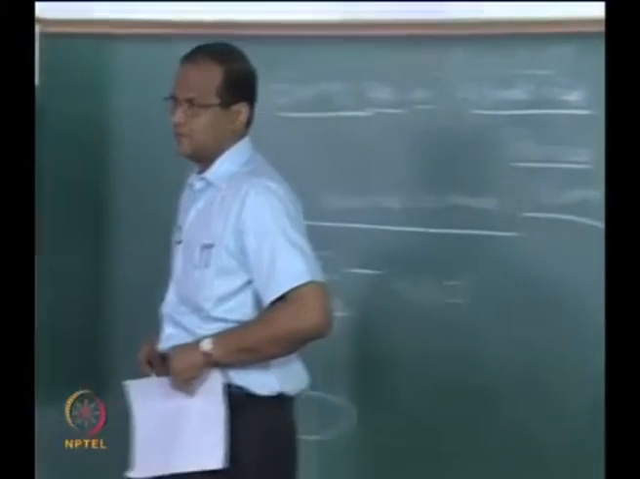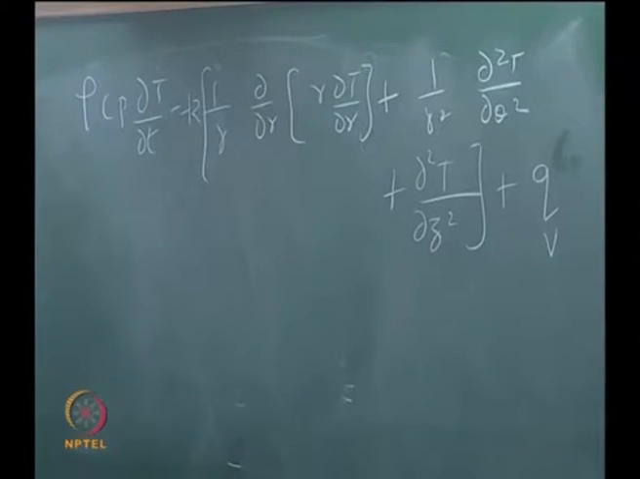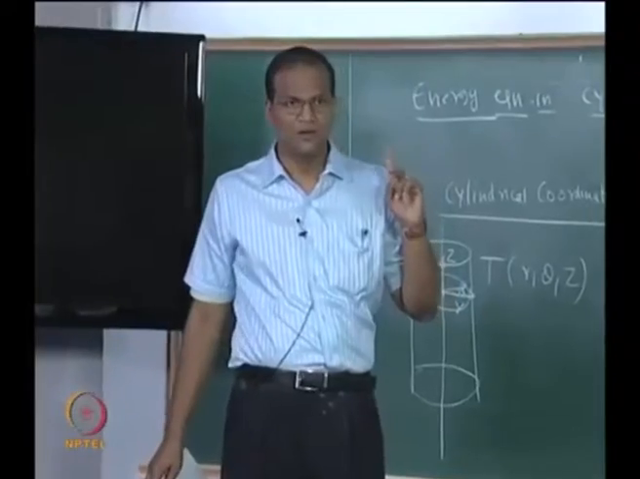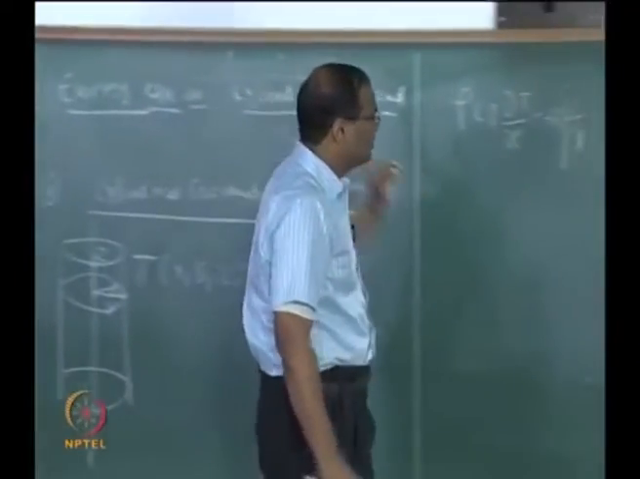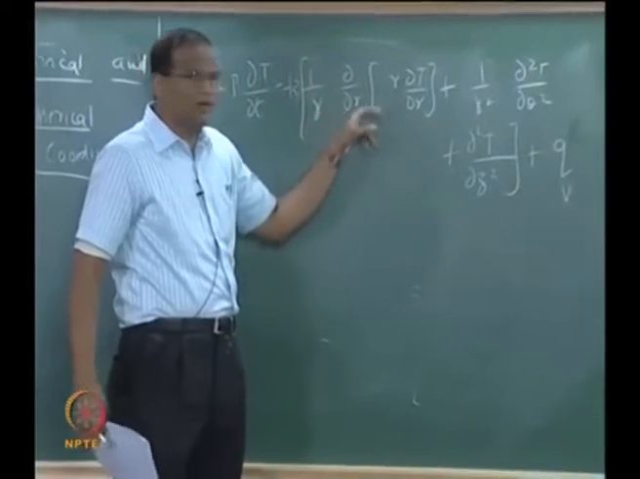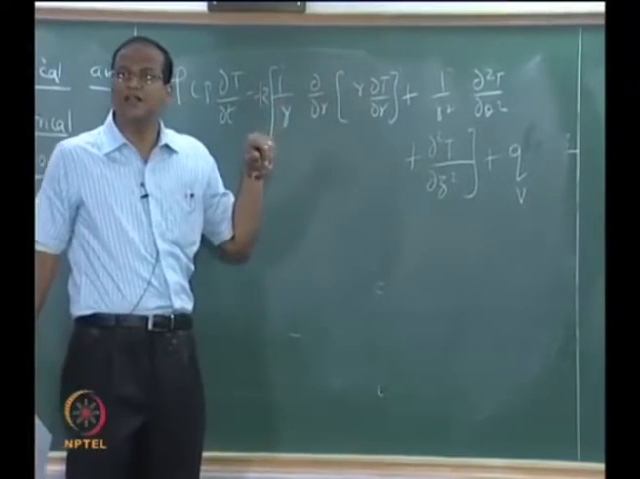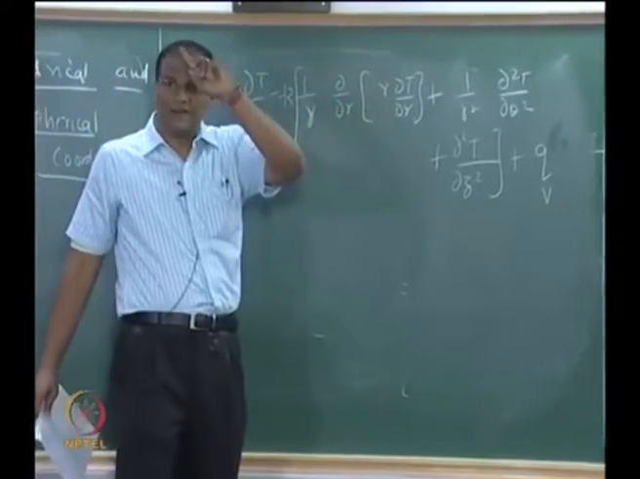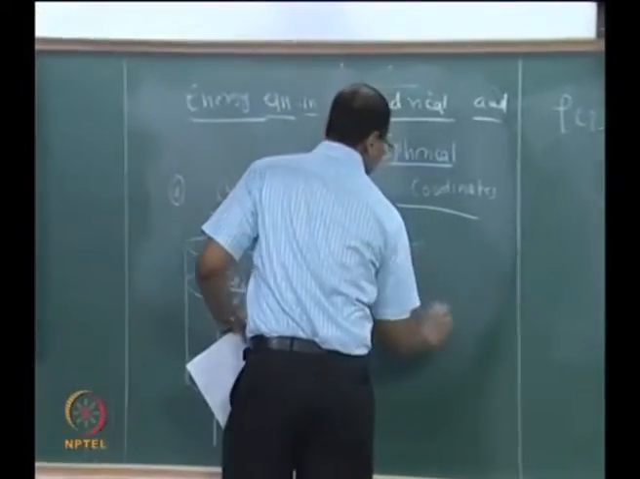This is for a uniform thermal conductivity K. So please note the essential differences between this equation and the Cartesian coordinate equation. Have you written this down? The essential differences are, the left hand side is the same, the right hand side you have got 1 by r dou by dou r of r dT by dr. We used to get d squared T by dx squared there, but why is 1 by r coming is basically,